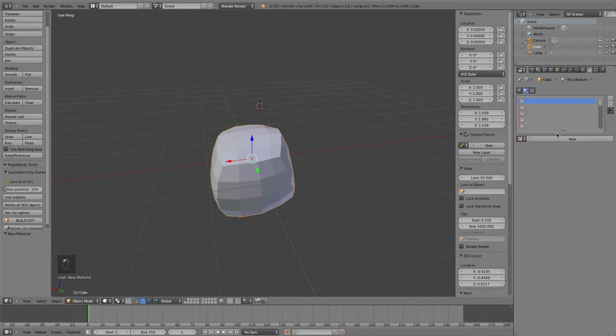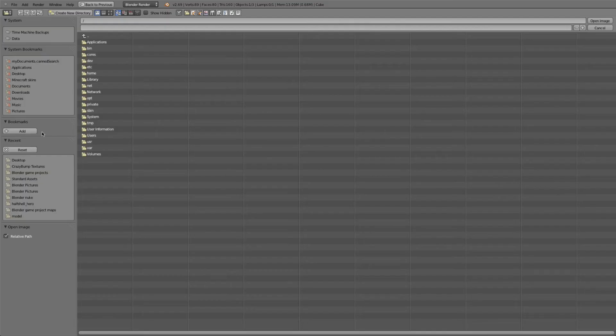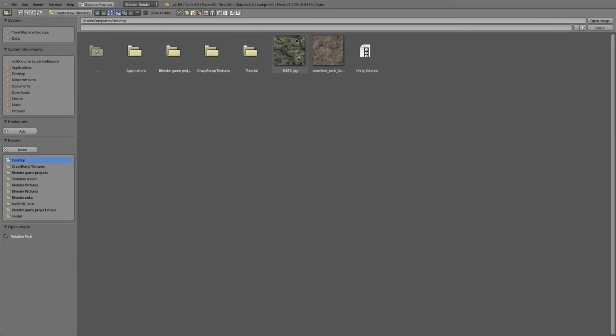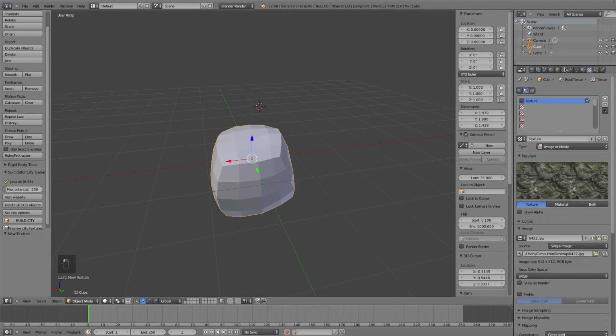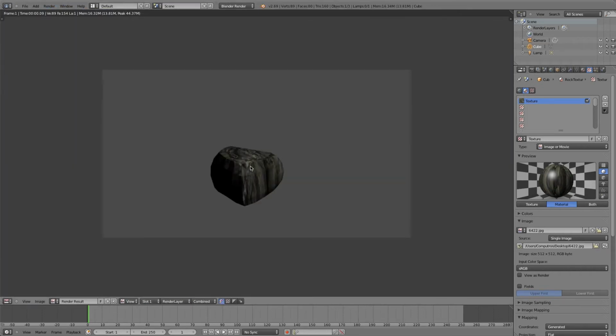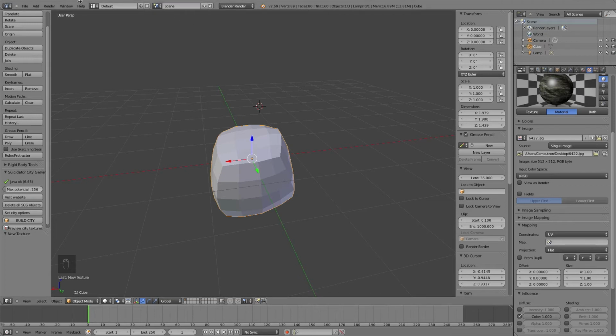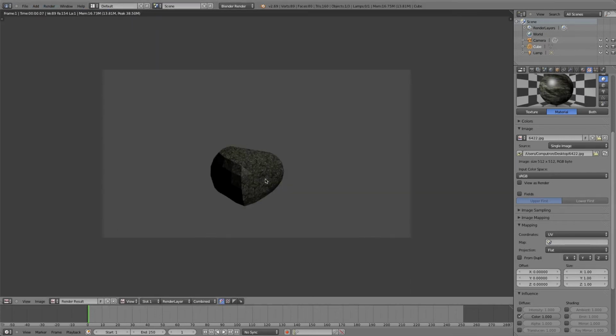just because. Then I'm going to go into the Textures tab, and this is very important. You're going to go New, and then Image or Movie, and you're going to select your image from wherever. I'm going to select this one right there, and you see if I rendered this right now, it looks okay, but it doesn't look really real. So what you want to do is turn this from generated to UV. That'll solve part of the problem,